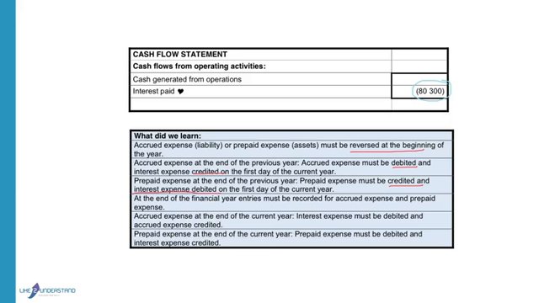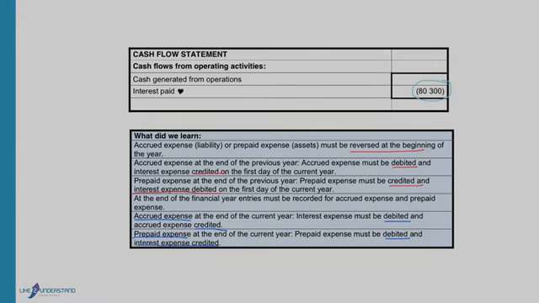At the end of the year, the accrued expense is a liability, and therefore accrued expense will be credited. Interest expense must be increased because we didn't pay all the interest, so interest expense will be debited. Prepaid expense at the end of the year is an asset, therefore we will debit prepaid expenses. Interest is an expense. We already included a figure there that's not for the current year, so we have to remove it from the interest account, so the interest expense account will be credited.